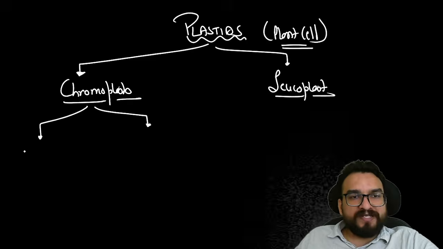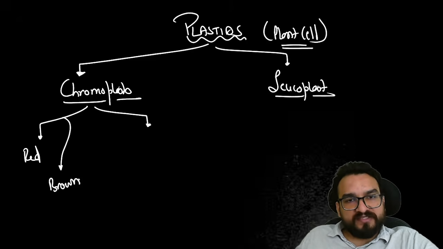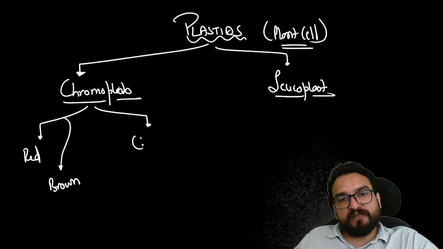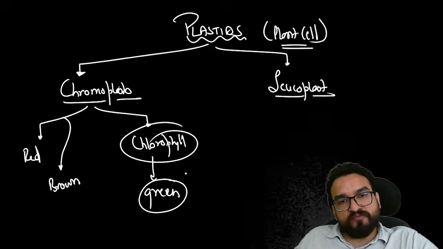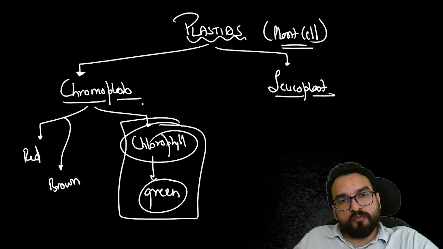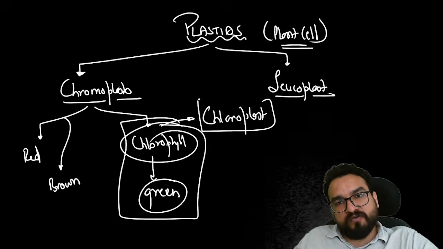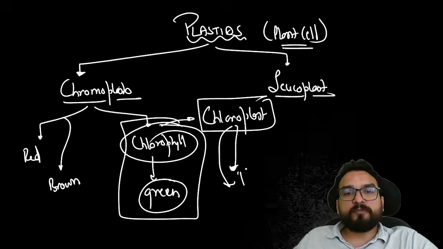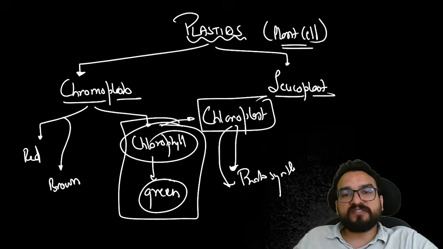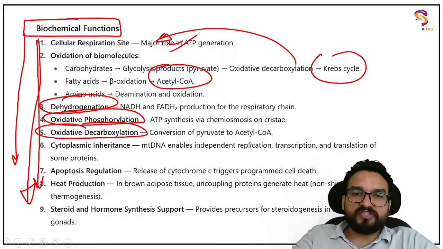So certain chromoplasts will be giving a red color, certain chromoplasts will be giving the brown color, and certain chromoplasts will be having this green pigment, that is chlorophyll pigment, which will be giving you the green color. This is our area of importance, and this particular chromoplast is having one subcategory known as chloroplast. And this is our area of importance because those who are having chloroplast are able to make food by the process of photosynthesis, by which this life is existing over here. Photosynthesis. So this you will be understanding over here.